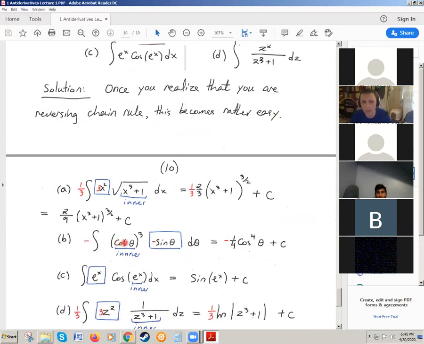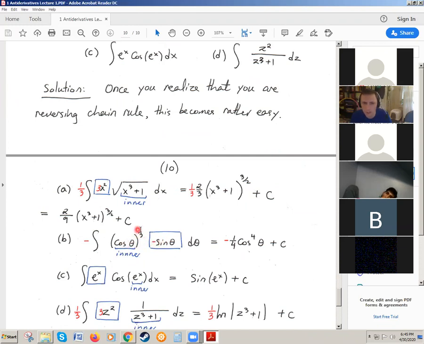You see, when I break it, I see that cosine of theta is the inner function, and then the derivative of the inner is minus sine. So I put a minus and I put a minus, right? That's roughly how I see it. And now what do I see? Look at it. The inner function is somewhat coincidental, because when I reverse